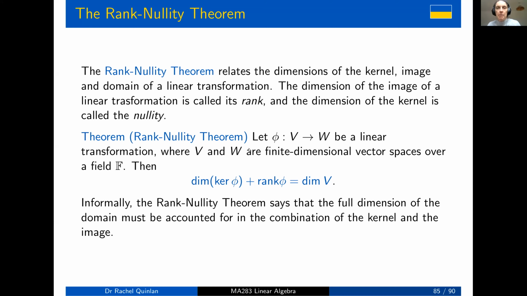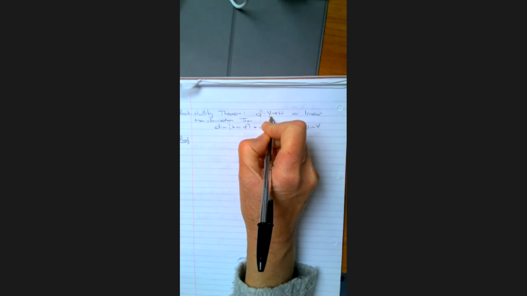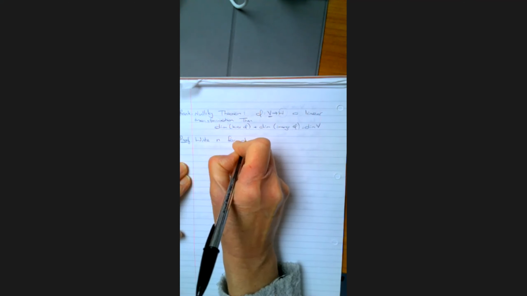We are going to prove this theorem. The full details of the proof are not in these slides, but they are in the lecture notes, but we'll prove it now on paper in this lecture. Okay, so here's the statement that we would like to prove for our vector spaces V and W of finite dimension, which is basically, as I was just saying, that the full dimension of V must be somehow accounted for between the dimension of the image of phi and the dimension of the kernel of phi. Just for convenience, we're going to write n for the dimension of V